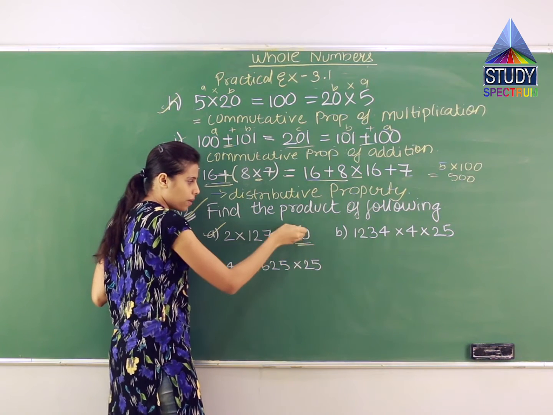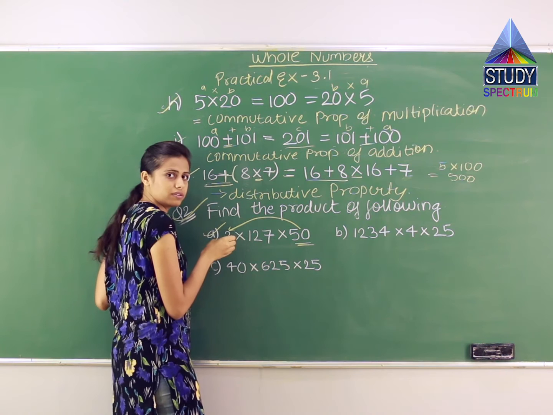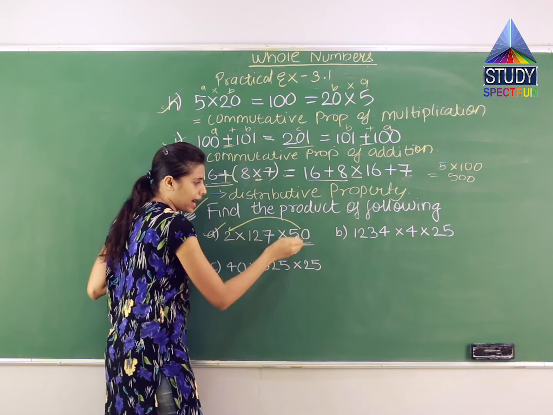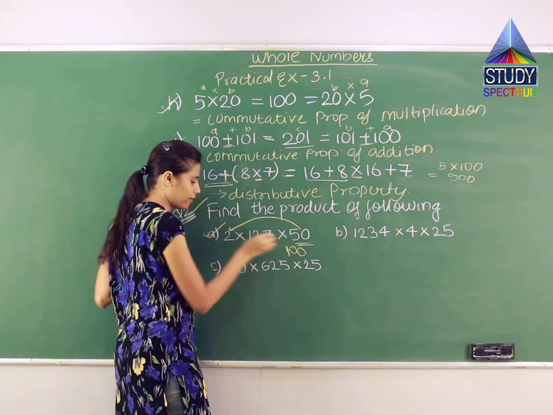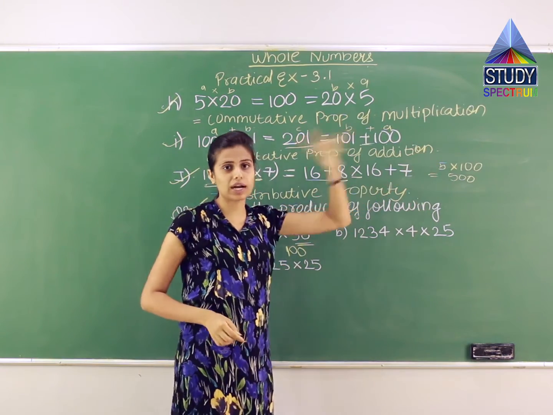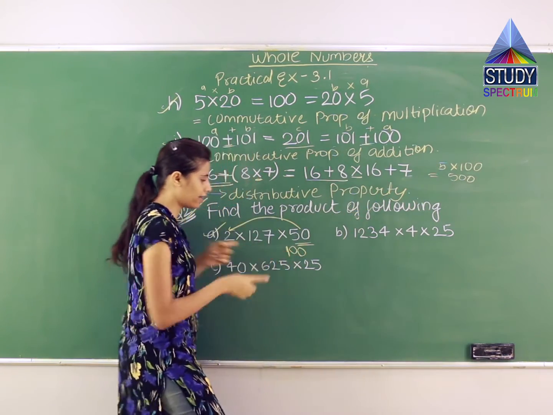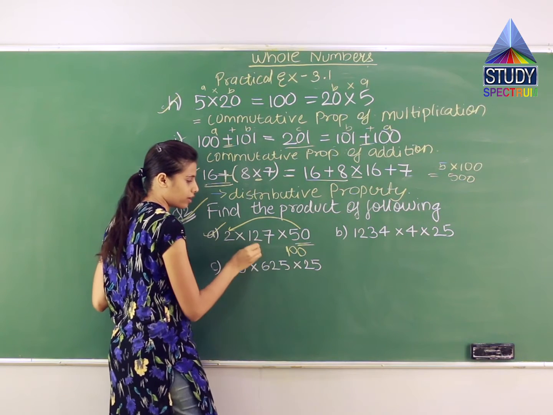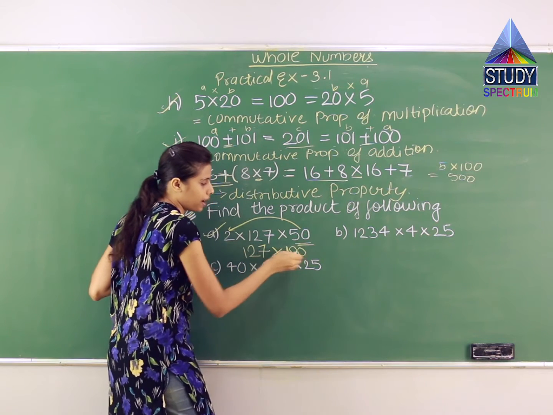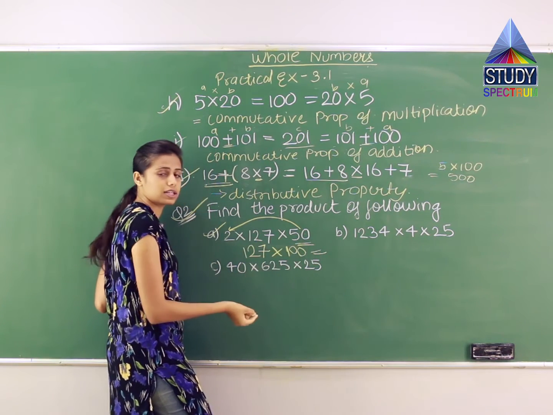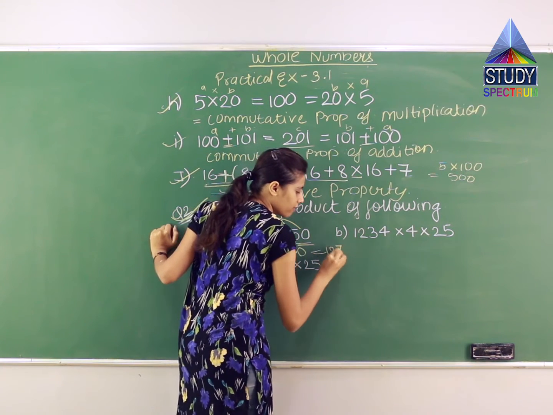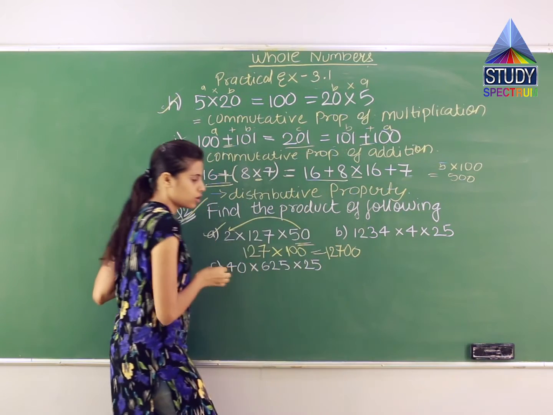50, right? 50 को मैं अगर 2 के साथ multiply करूँ, what will I get? 5 2s are 10, right? So I'll get 10 and I'll get this 0. 5 2s are 10 and this 0 which comes to 100. Yes, I want such a number so that I can multiply it easily. So I got 100, right? 50 and 2 को मैंने पहले operate किया and 127 as it is. So I'll write 127 multiplied by 100. And what will be the answer for this? This number and these 2 zeros will be equal to what? 12700. So clear with this?